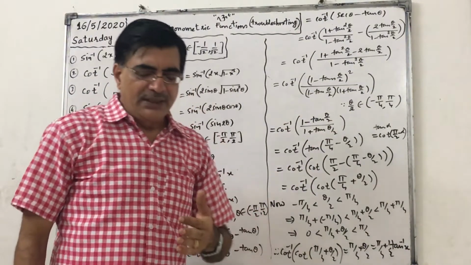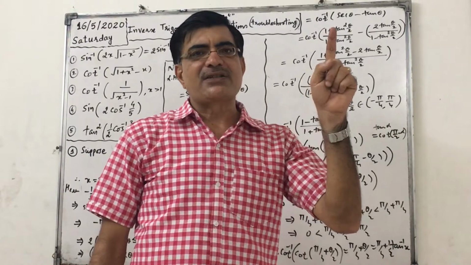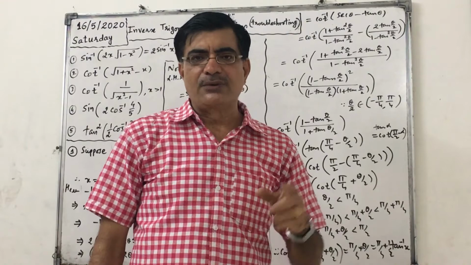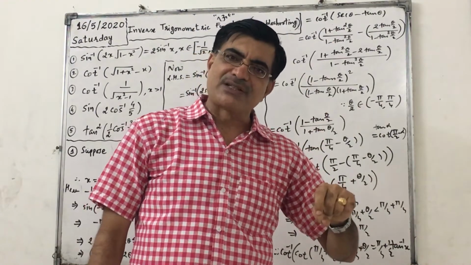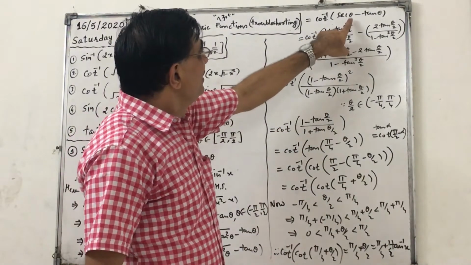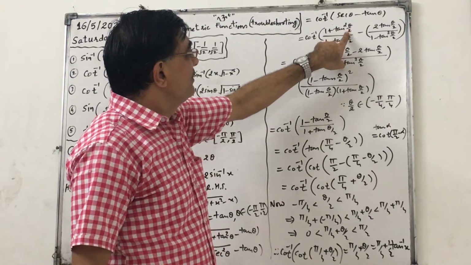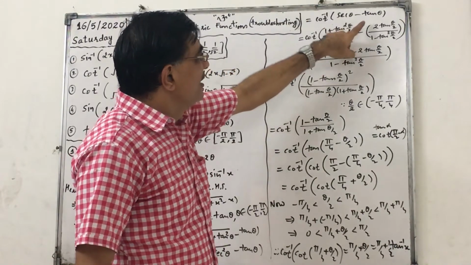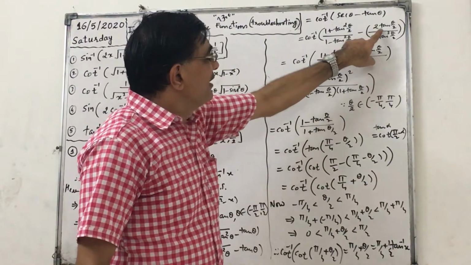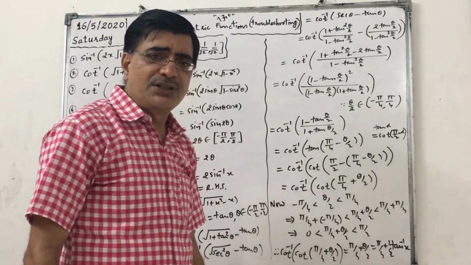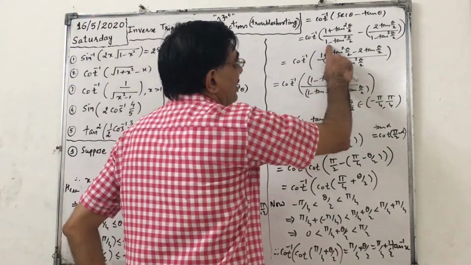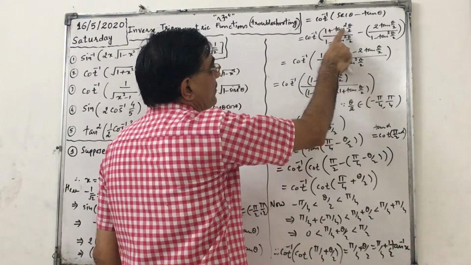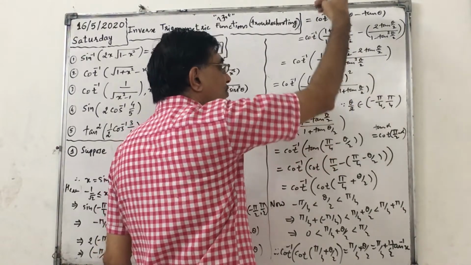Now we know that cos 2 theta equals 1 minus tan square theta upon 1 plus tan square theta. From that, sec 2 theta equals 1 plus tan square theta upon 1 minus tan square theta. So using that here, but here there is theta, so I have to write theta by 2. So sec theta can be written as 1 plus tan square theta by 2 upon 1 minus tan square theta by 2. Similarly for tan theta it is 2 tan theta by 2 upon 1 minus tan square theta by 2, with a minus sign. So 1 minus tan square theta by 2 is the same in the denominator. So just 1 plus tan square theta by 2 minus 2 tan theta by 2 in the numerator.